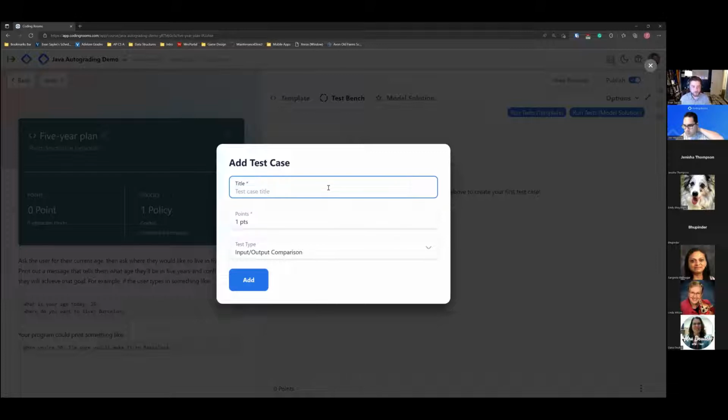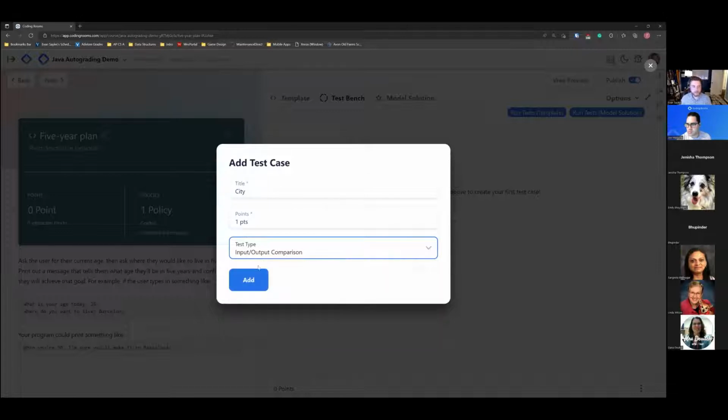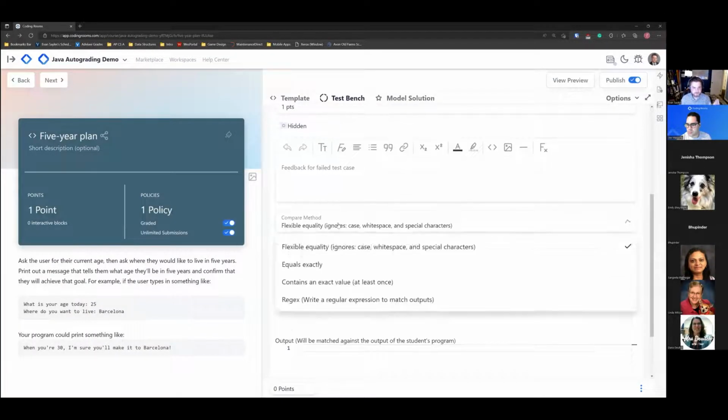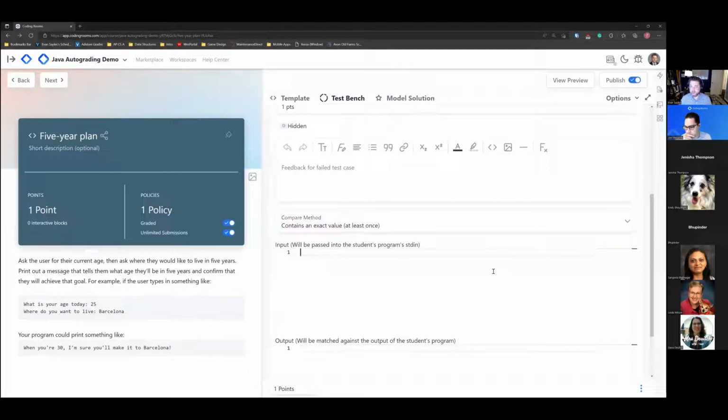So for the first one, I'll do a city. Input output comparison and add. We'll go to contains an exact value at least once. So we have to make sure that it contains the city that we type, and the case does matter for this. So if we type in any number, and then we type in some other city,